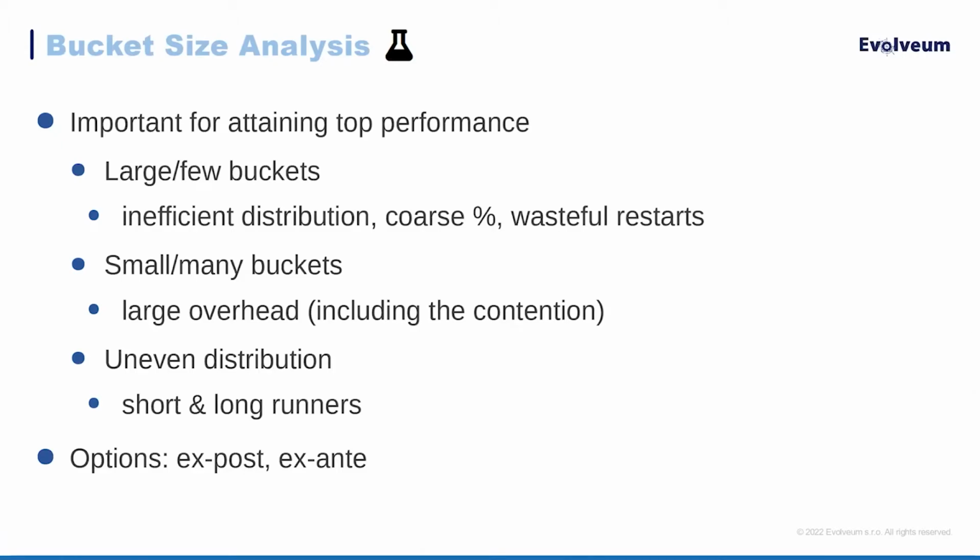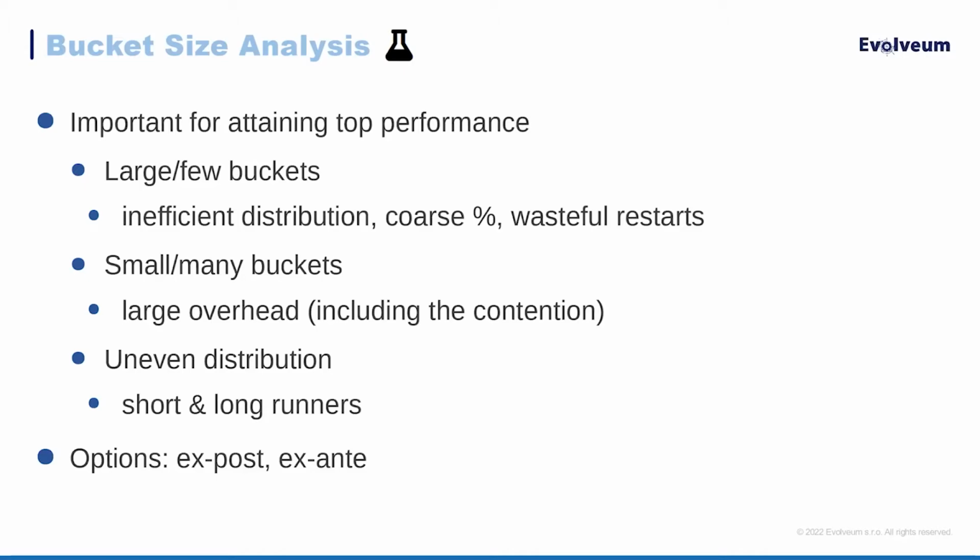For example, if you create too few of too large buckets, you will get inefficient distribution to cluster nodes, because maybe if you have 4 buckets overall, then your workers will basically have nothing to do if you would have, well, let's say 16 workers. Also, you will get